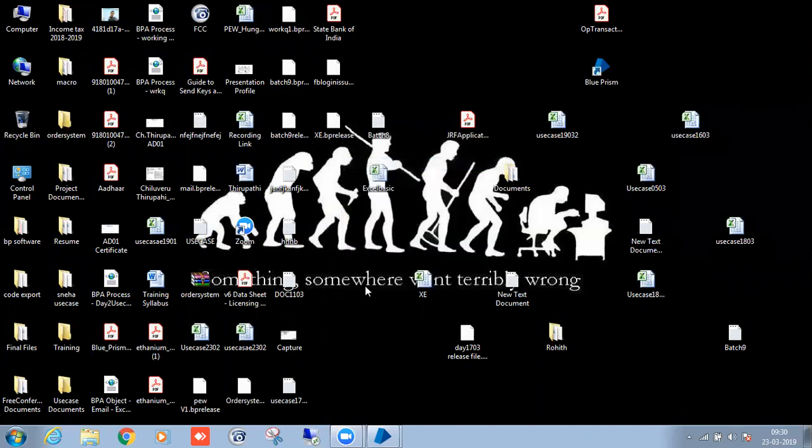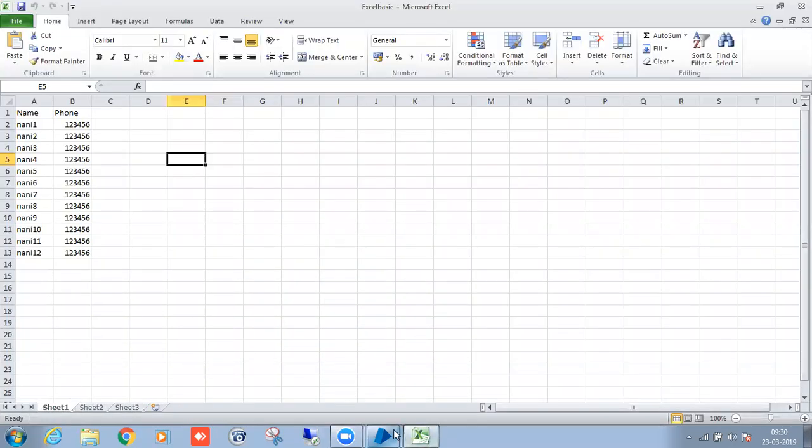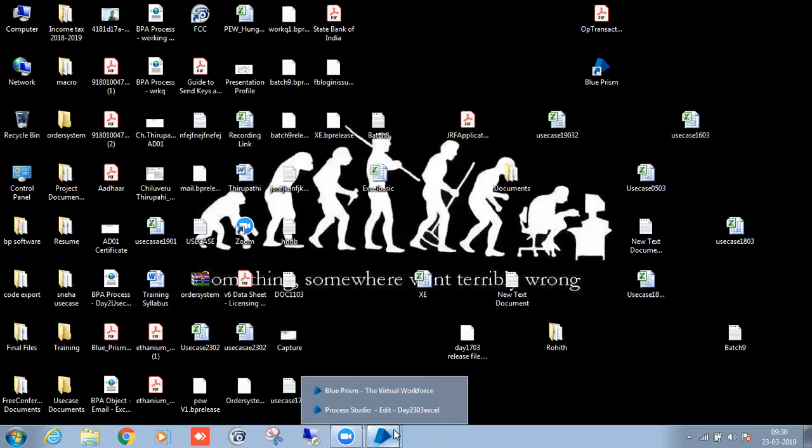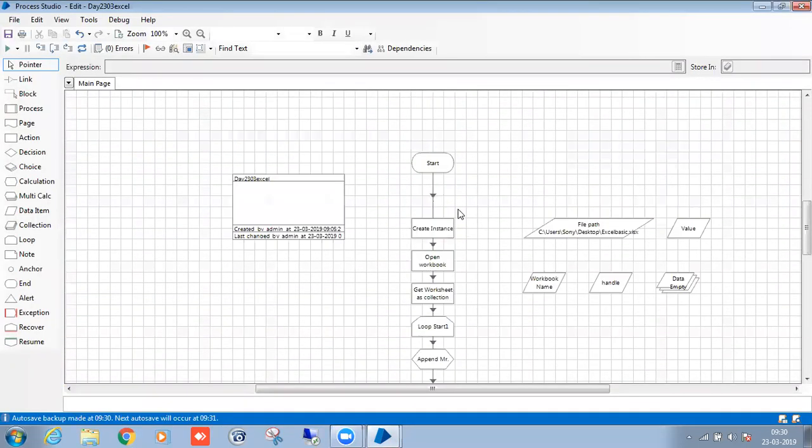So, addition of two numbers. You can see there is a set of numbers here. And one more thing: suppose we have done the data, we are able to copy the data. So here we are doing everything, and I'm running it here. How do we write the data to Excel? That's what we need to perform.